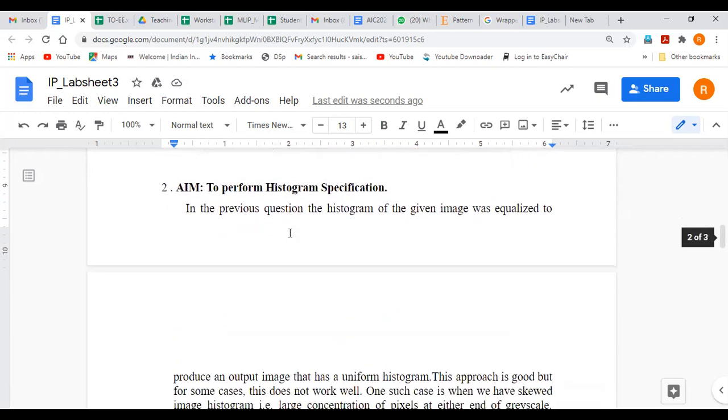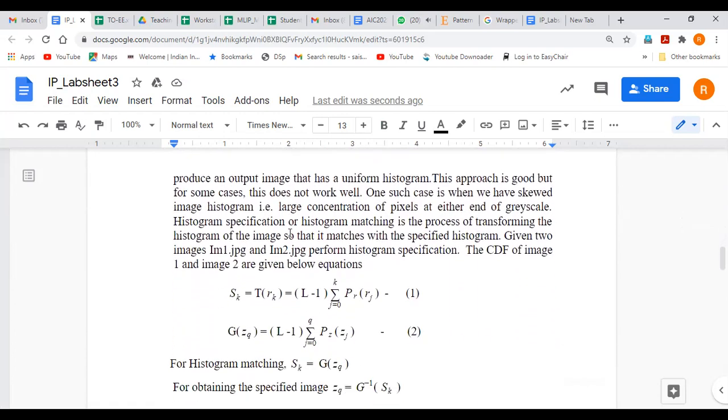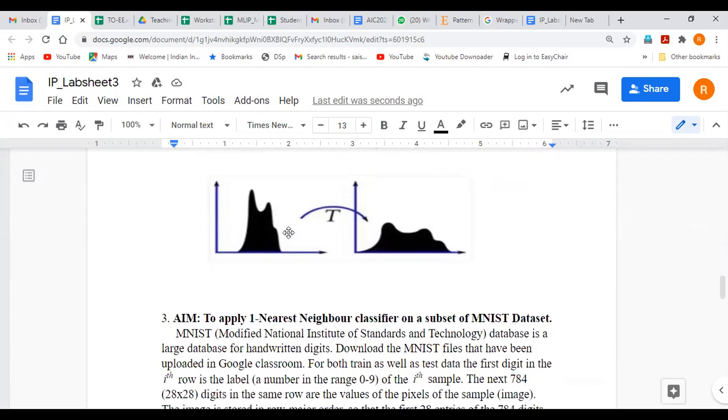On similar lines, there is a technique called histogram specification. Instead of mapping the initial histogram to a uniform histogram, it takes a target image which already has some PDF of its gray levels, and we want to map the current image gray levels to the target image gray level distribution. That is referred to as histogram specification.